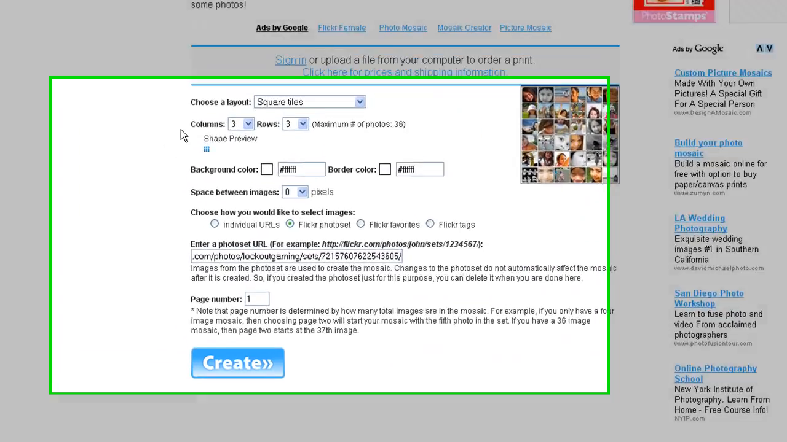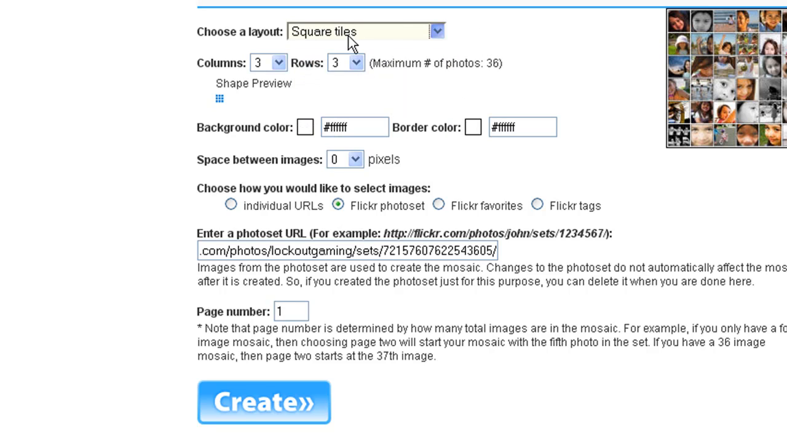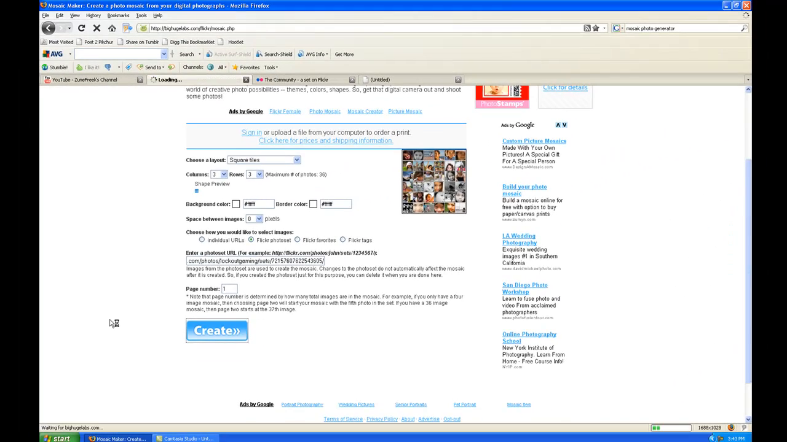So up here are some options. You can choose your layout. I haven't gone through all of these different types of layouts, so I'm going to use square tiles. This is probably what everybody's going to want to use for their YouTube channel background anyway. So columns and rows. Right now I don't have too many images in that photo set, so I'm going to use 3 and 3. Now I'm going to get 9 images, but the thing is that I'm going to tile that. I'll use the tile option in my YouTube profile so that it'll cover the entire screen no matter how large someone's screen size is. So once I've got my URL in here, I'm going to click create,